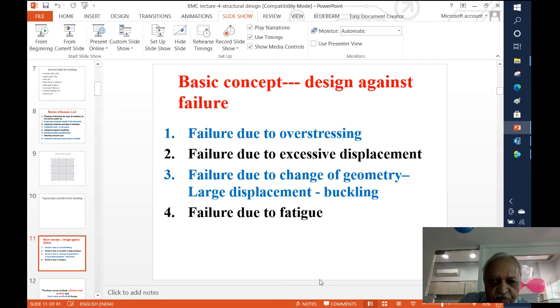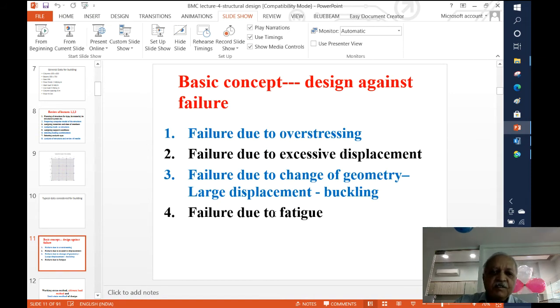Okay. Now we say that when our next stage is to be considered, that is design purpose, then we say that for design purpose I want to ensure that the given member which has developed so much of force, I want to see that it is safe for its cross section, the reinforcement that I am putting into it and so on, is safe enough to carry all those forces. So I will say that for design purpose I have to see in what way the member will fail and then prevent against that kind of failure.